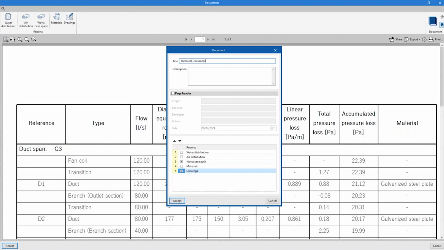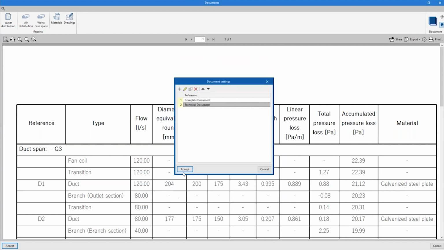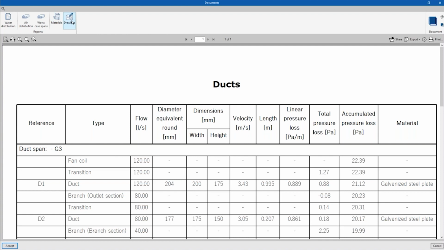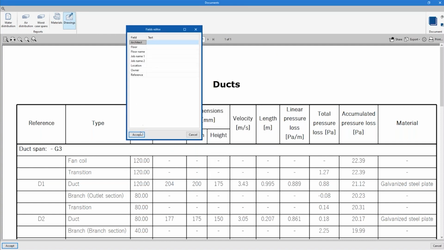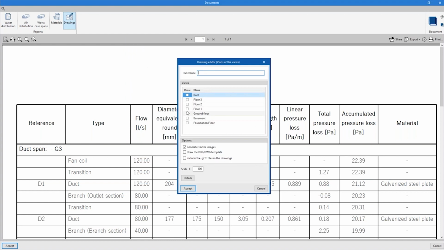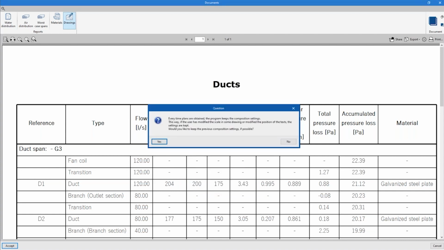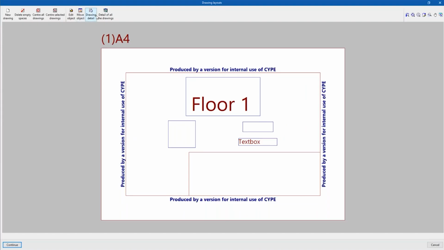Okay, so this technical document, and that's it. So I can make the combinations as I require. Okay, so about this, I think I need to show the drawings just for a sec, because the drawings can be generated from the plotter button and also here as a document. So it's the same process actually, but I'd like to